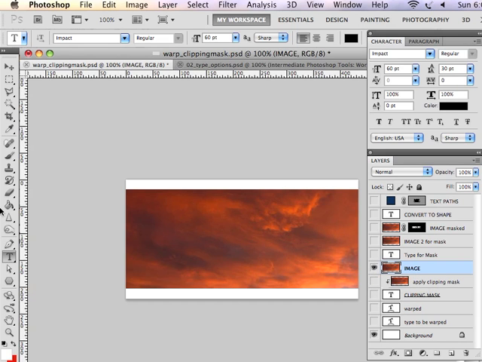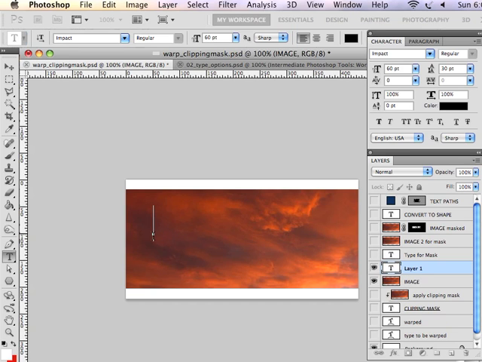And the next thing I'm going to do is type text that's going to become my clipping mask. And I know the general size of the text I'm about to type because of this little blinking, flashing line. And so here I'm going to type, let's see, we'll just type clip me